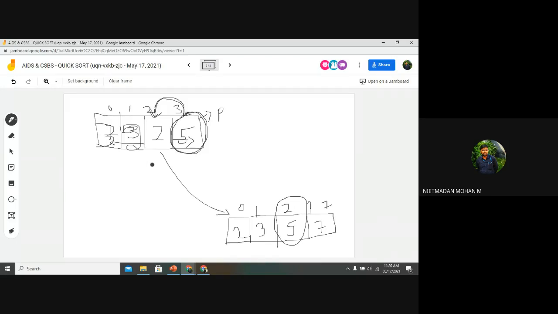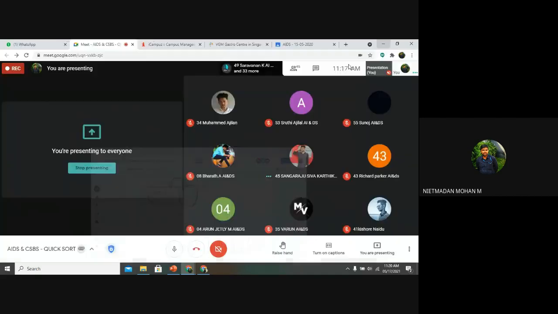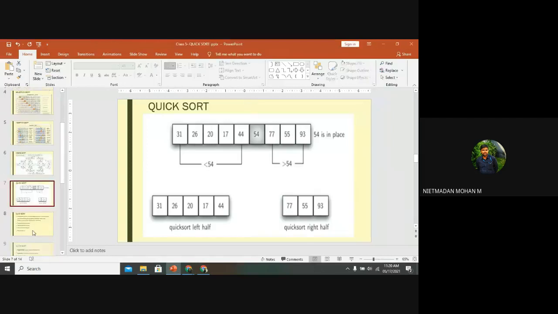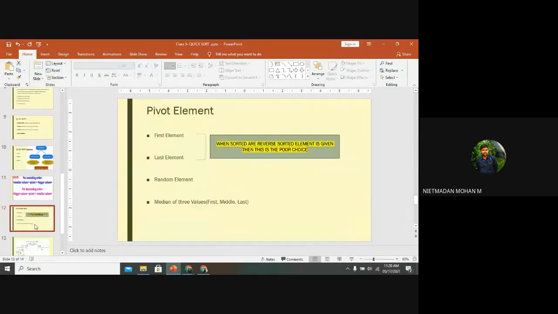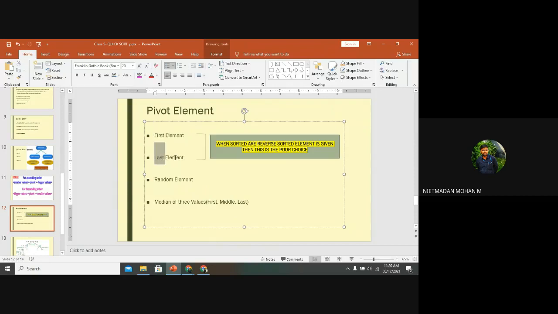Don't get confused. Are you clear about the concept, how you want to do the pivot numbers? So I will go with the second slide, then you will be able to understand it. And this pivot, how do we select the pivot value? You can select the first element, or the last element, or a random element, or a median of 3 values, that is first, middle and last.